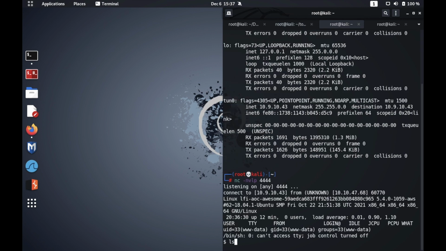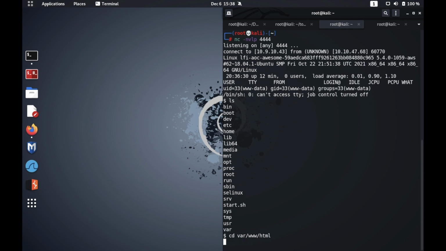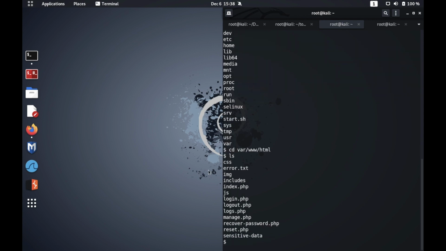Now that we have a reverse shell, let's do ls. We are in the top directory. Let's cd to www-html, enter ls, and we have all the information that will be required to enter in answers for the questions